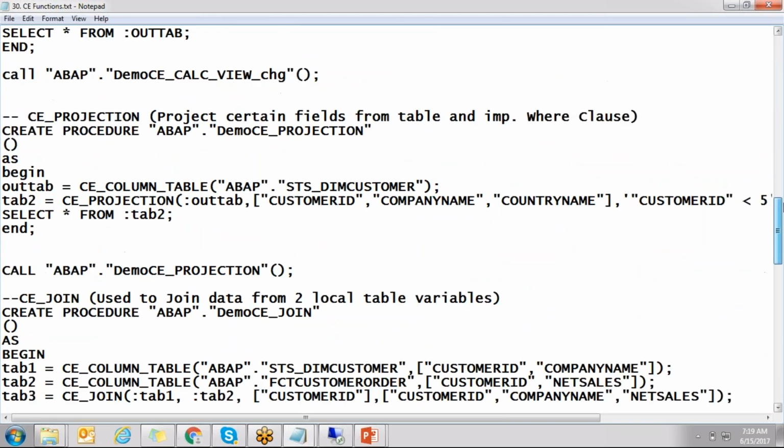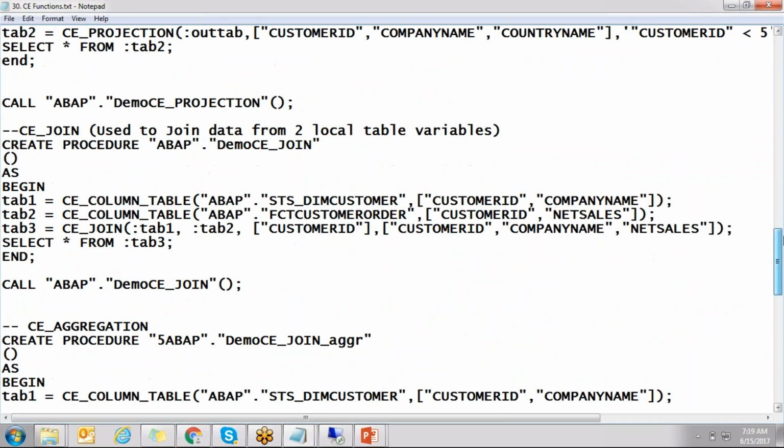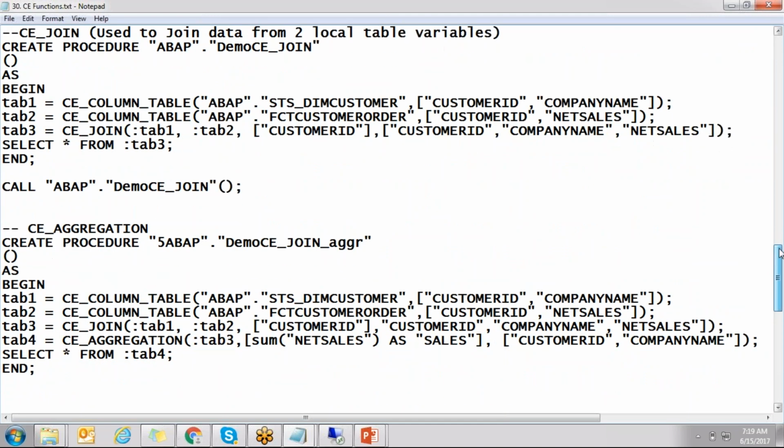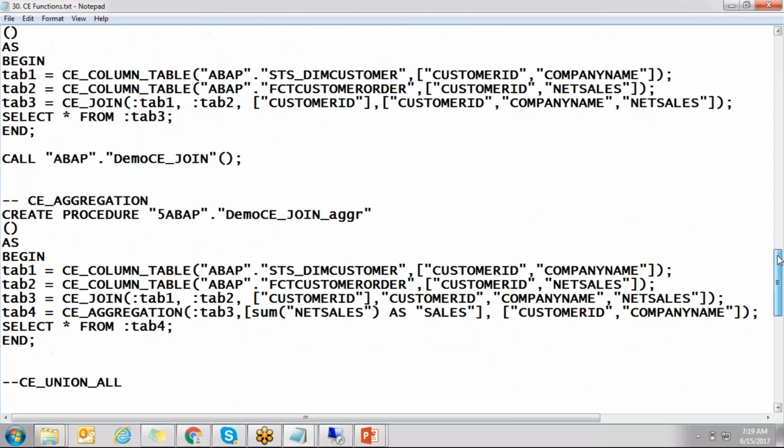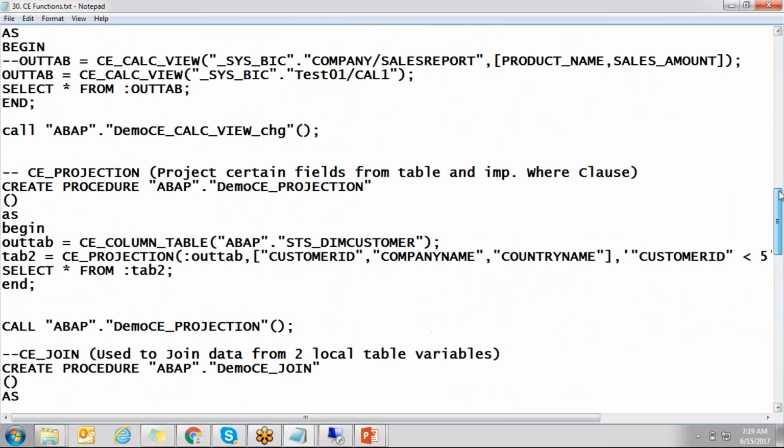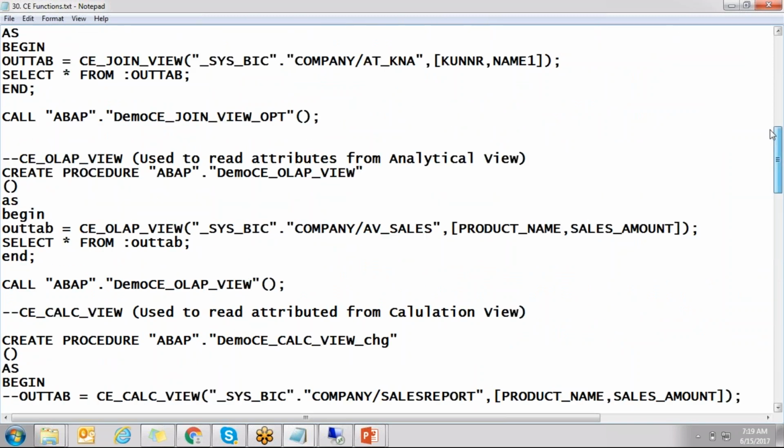Okay. I'll send you this file also. Just go through this, and you try to create one row store table and one column store table, and try one or two scenarios. Okay. No need to concentrate much on